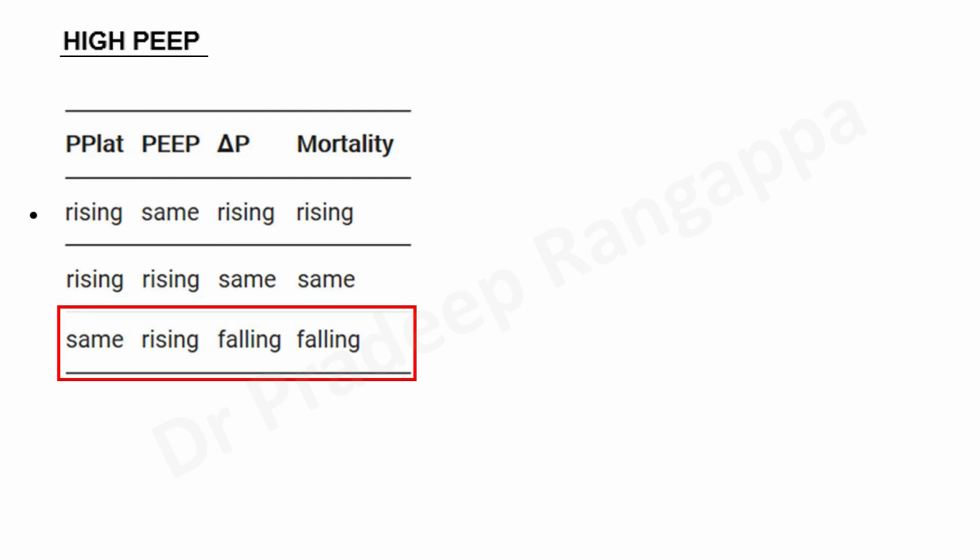But if despite all your efforts, if your driving pressures are going up, then your mortality is high. So this is a group of patients where possibly one should move to ECMO because your PEEP strategy is failing. And by now you would obviously have proned also. If that is also not functioning, I think that is the stage where you have to think of the alternative.